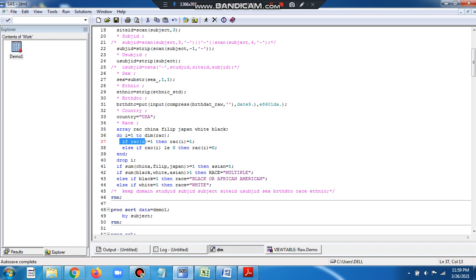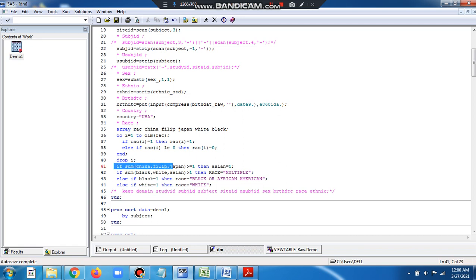If race of I equal to 1, then race of I equal to 1, else if race of I is less than or equal to 0, so if it is missing or 0, then make it 0. I am doing this because otherwise it will give some notes that we don't want. So in order to avoid those notes, we are making sure that the missing values are converted into zeros, so that we can use a sum function later on.